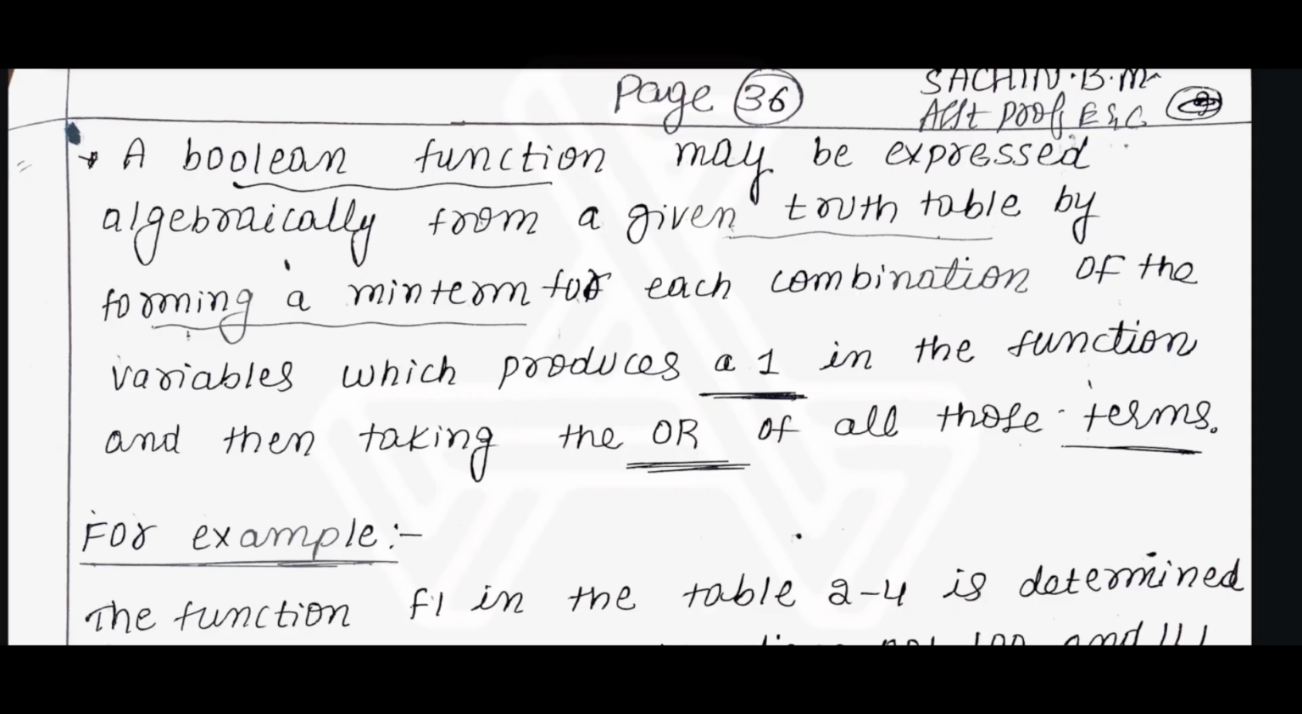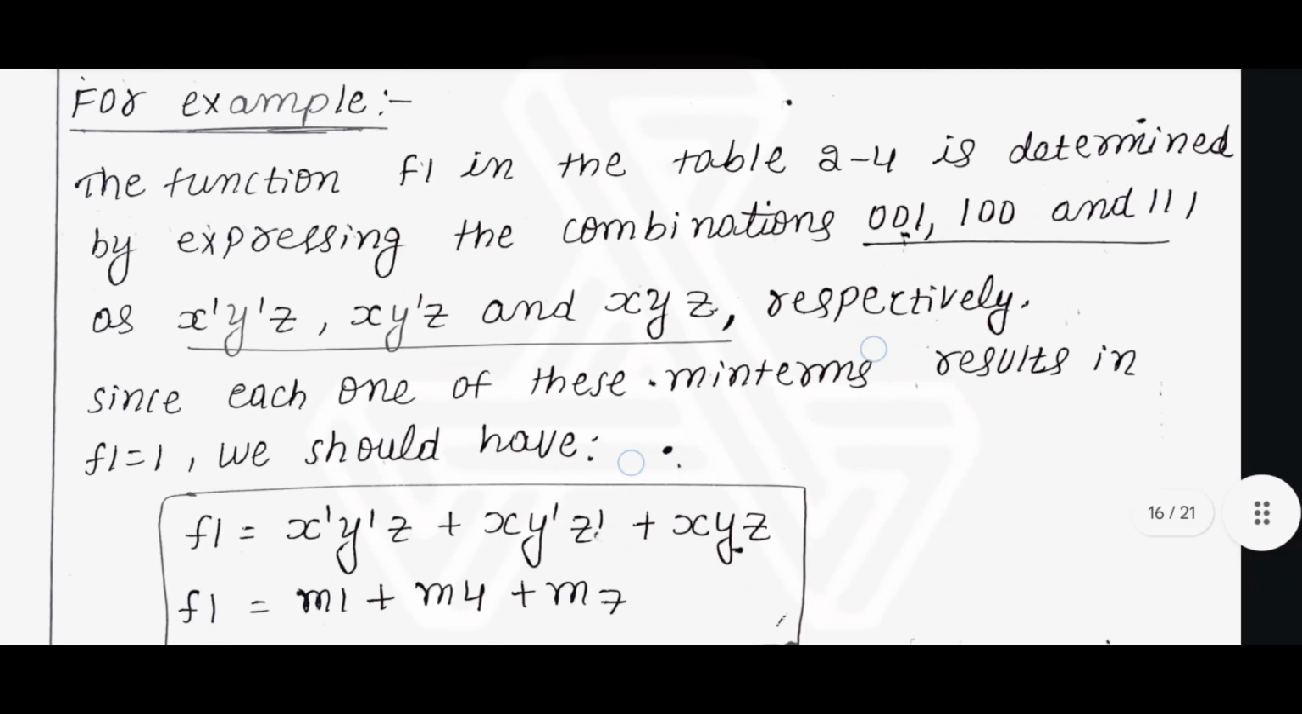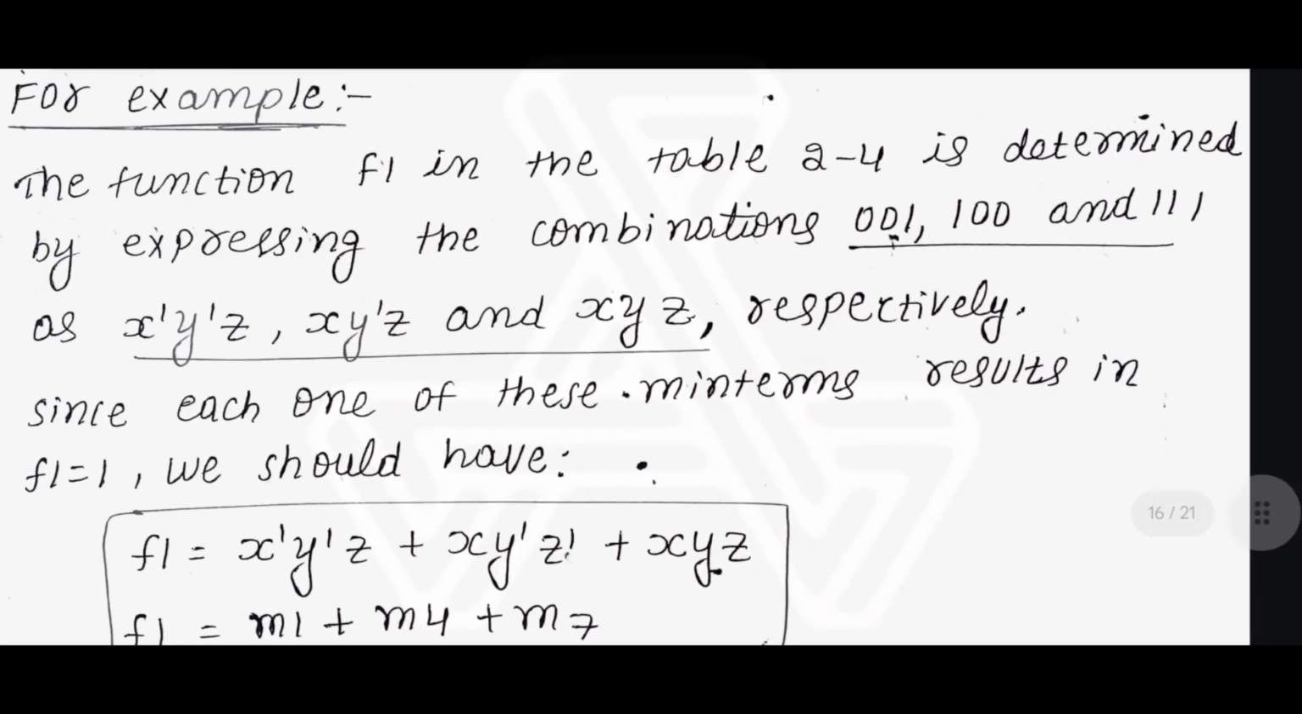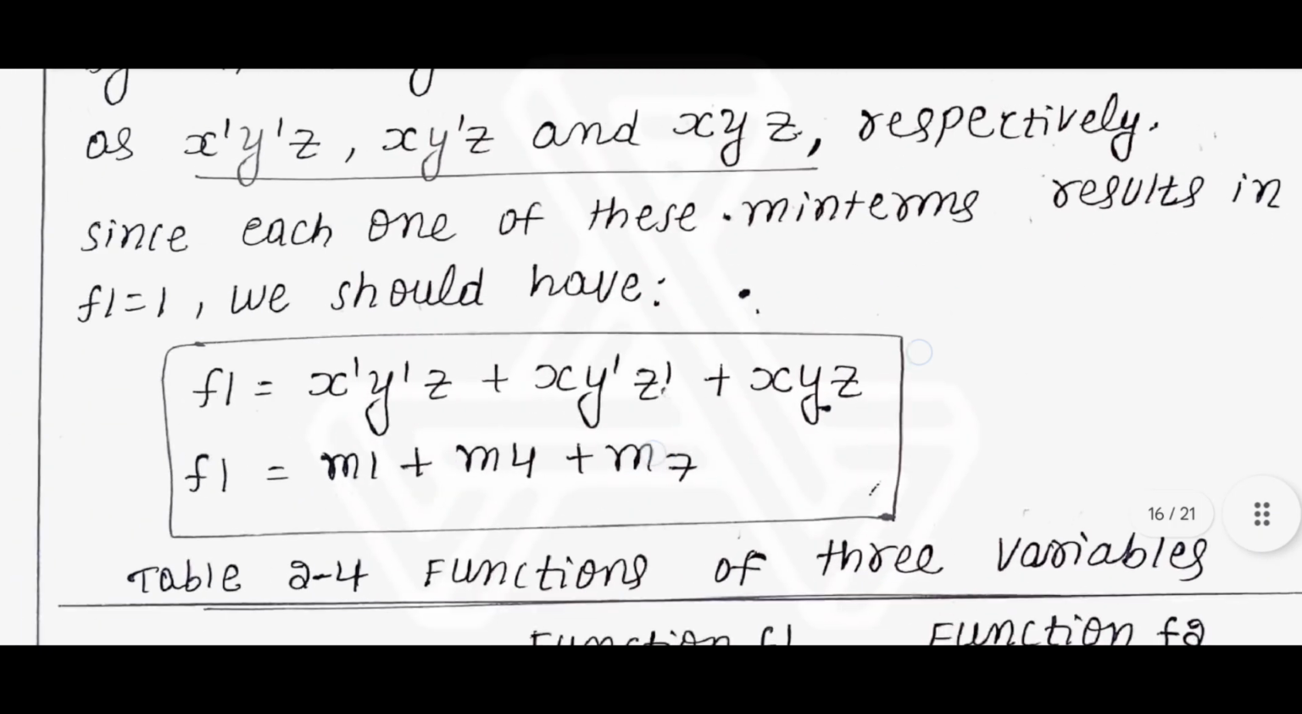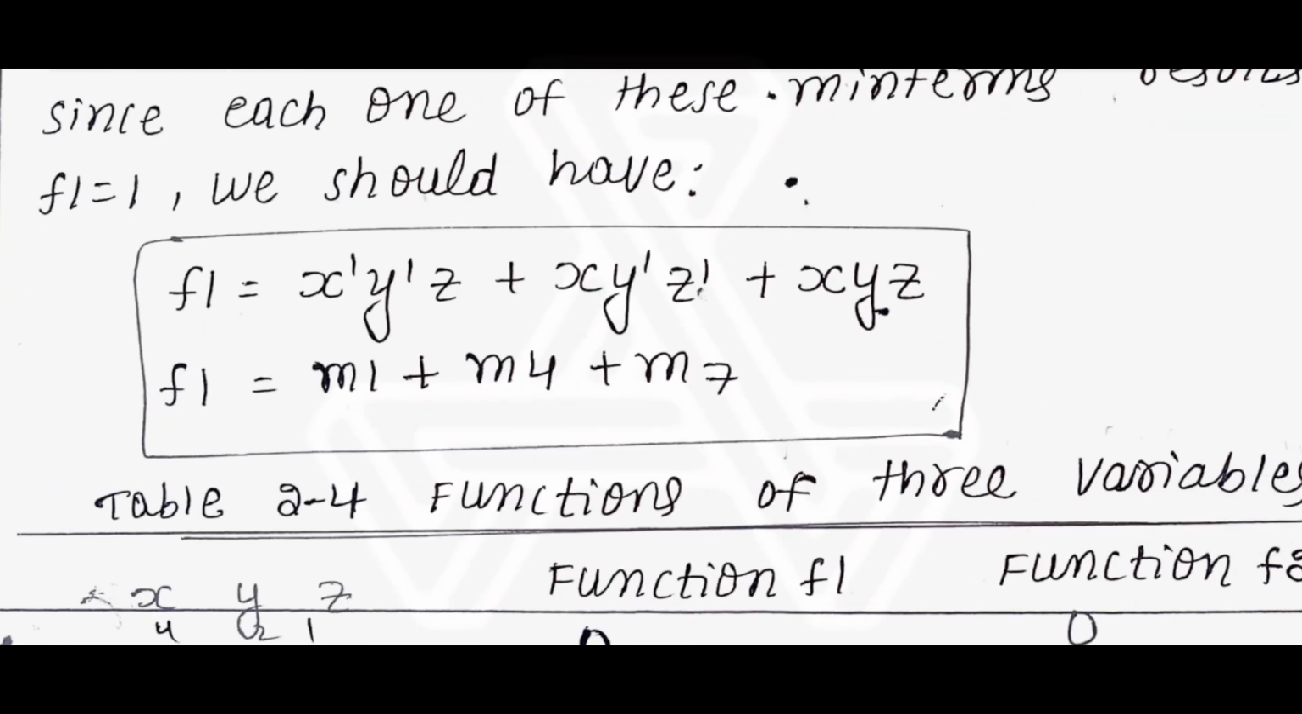The Boolean function may be expressed algebraically from a given truth table by forming a min term for each combination of variables which produces a 1 in the function, and then taking the OR of all those terms. For example, the function f1 in table 2-4 is determined by expressing the combinations 001, 100 and 111. This is taken as x'y'z, xy'z', and xyz. So if we write the table, we will get to know that